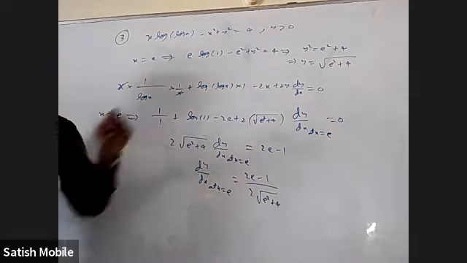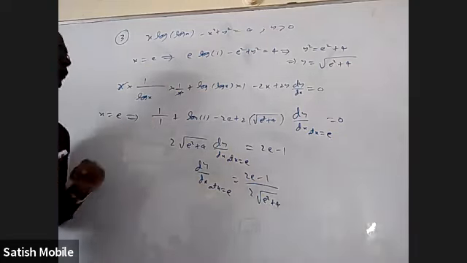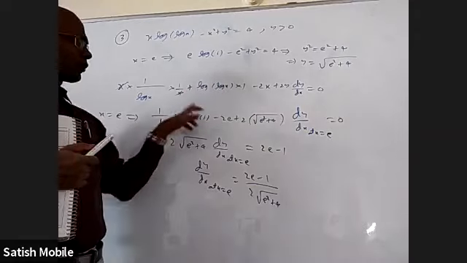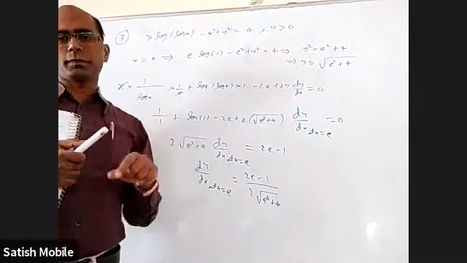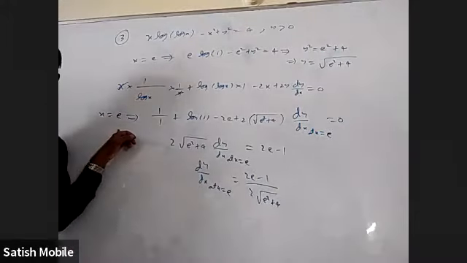So I substituted e everywhere. Log e is 1 and 1 by 1 will be 1. Here log e is 1 and log 1 will be 0 in the next step. Here I have to put e. But what to put in the place of y? When I put x equal to e, what is y? For that I have to do this.